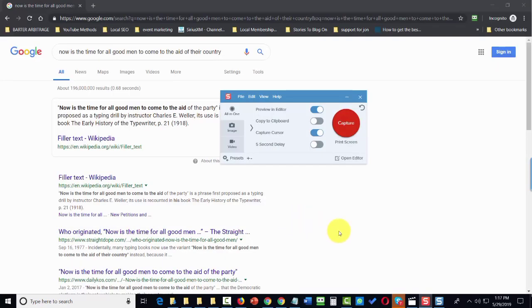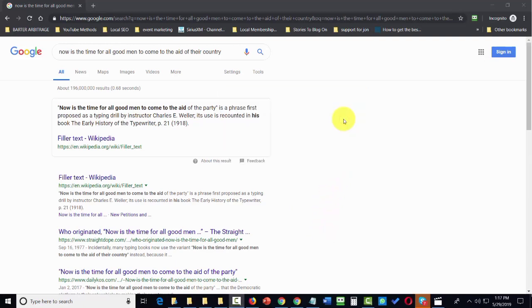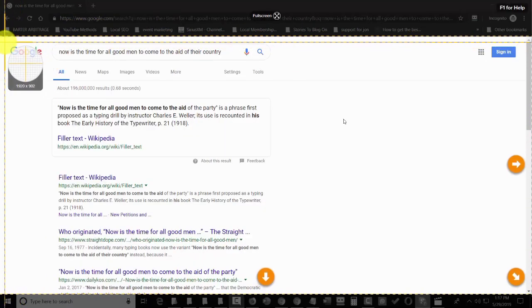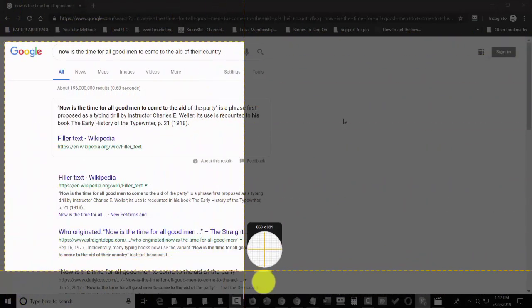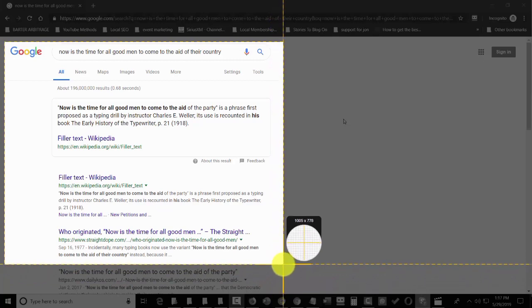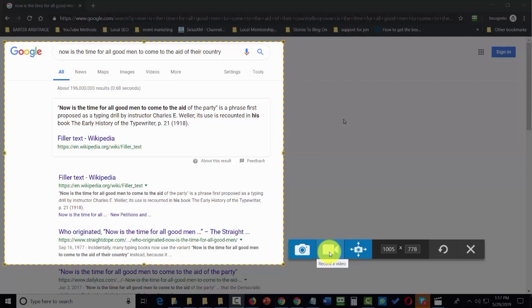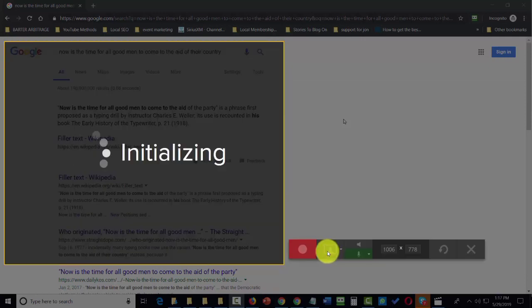Welcome back. Now we're going to create the same image with our all-in-one menu again. We're going to click the capture button. We're going to go to the upper left-hand corner, and basically we're going to draw the same image again. And this time we're going to bring it into our feature window here, and this time what we're going to do is we're going to click this button that says record a video. When we click that button, then